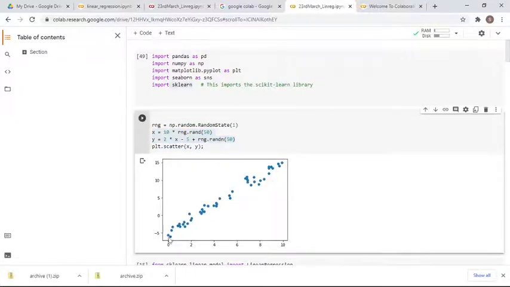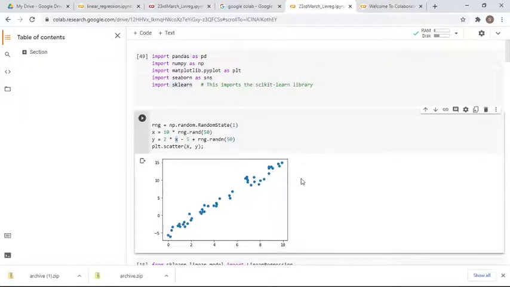So this is the value of x and the value of y, because the value of x is used in the value of y. So y equals 2x minus 5 plus this random function. Okay, we randomly generate data points. So these are the points in a two-dimensional graph, and these are the data points.